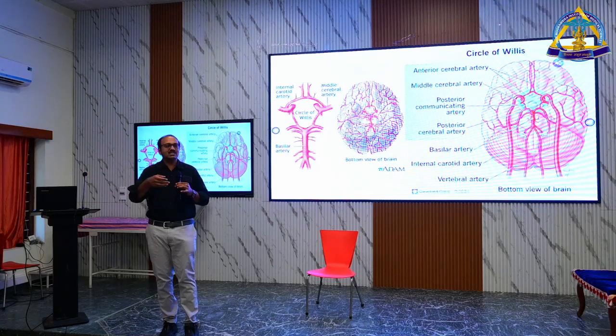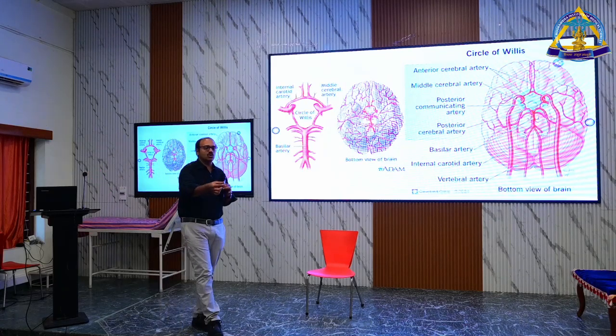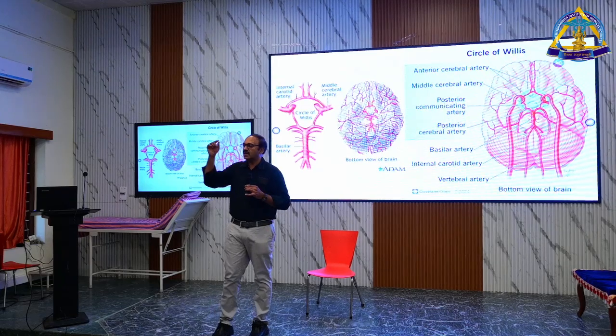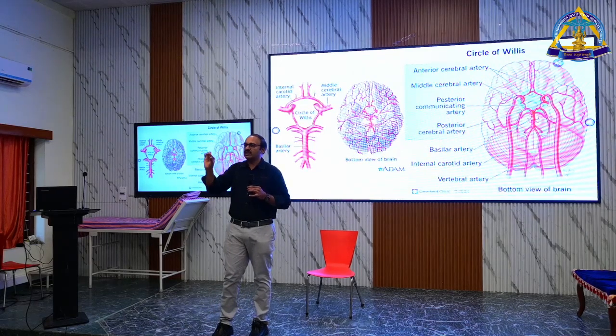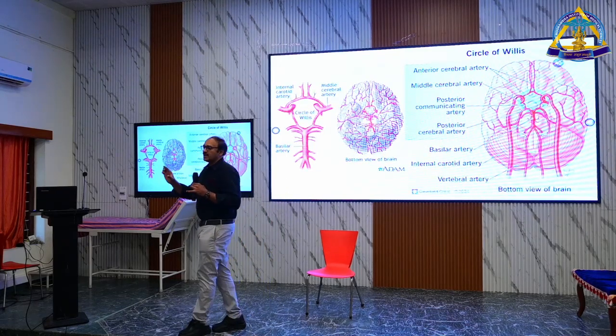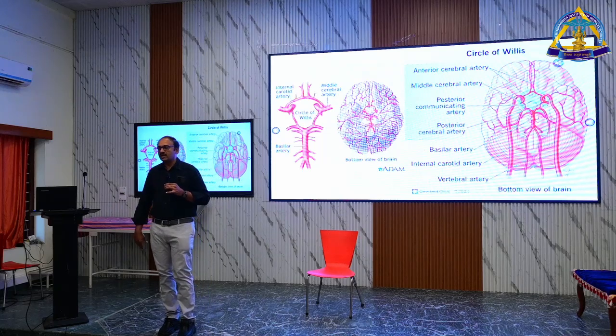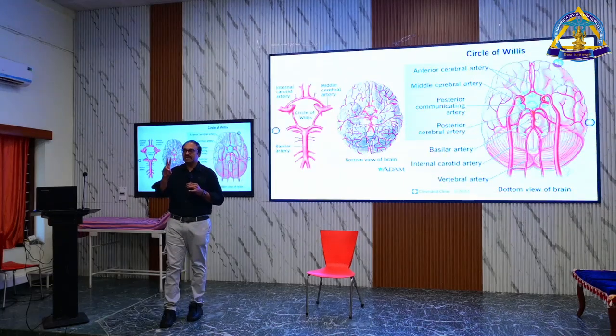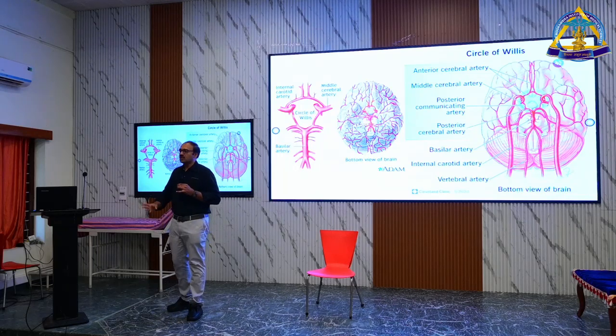Which way it is going means through the retrolentiform. The optic tract is going along with the retrolentiform part and then only it is going to the brain. So whenever you get a lesion of the retrolentiform part of the internal capsule, you get the same hemianopia. So hemianopia has two differential diagnoses, either optic tract or the retrolentiform part of the internal capsule or the occipital